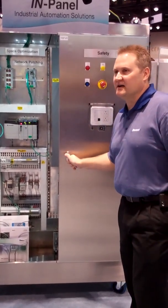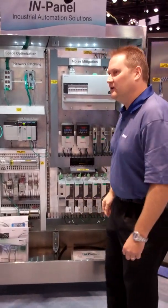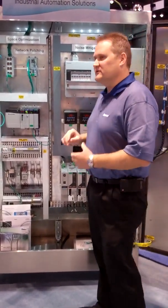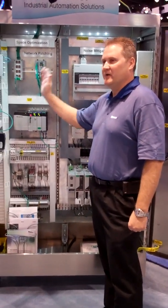So now I'm going to step inside the enclosure. Panduit also has available a variety of space optimization products in our analytics offering. So these space optimization products range from our corner wiring duct, which ties together a back panel and a side